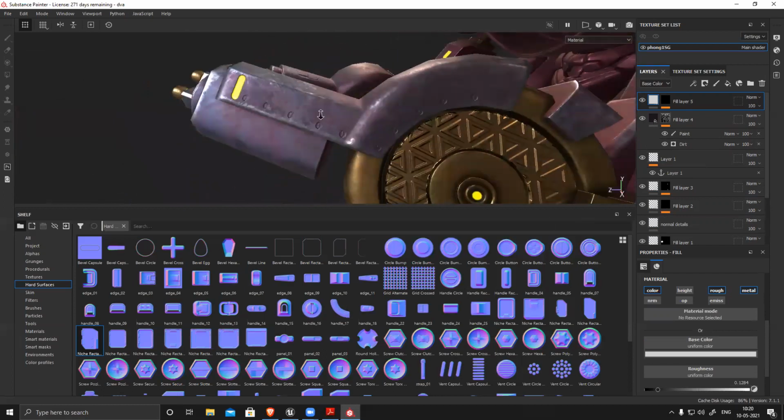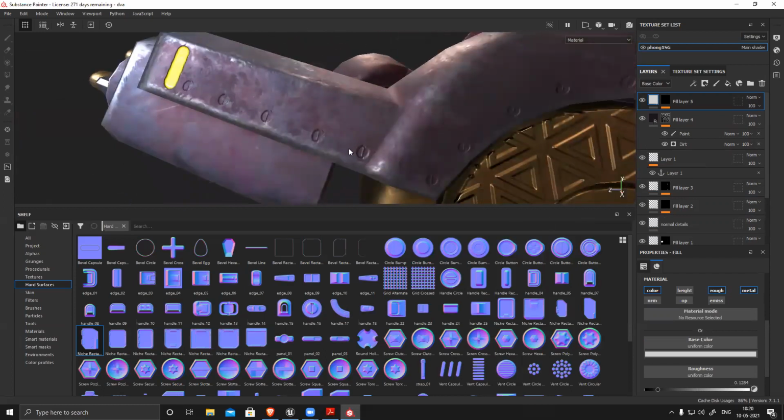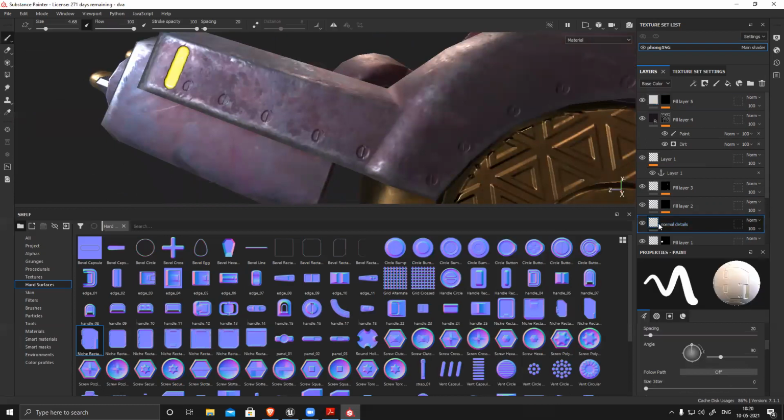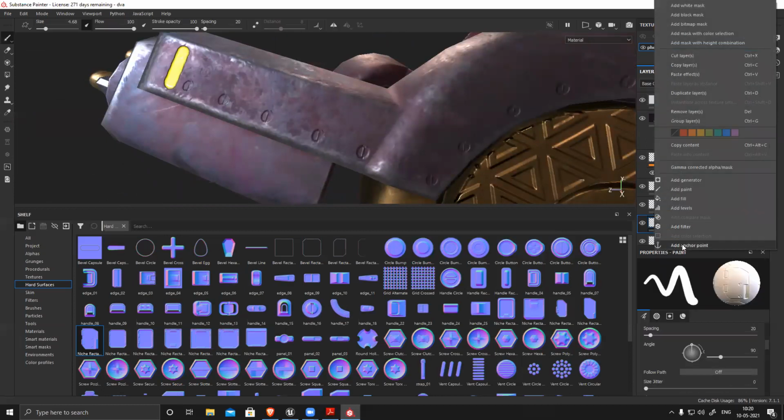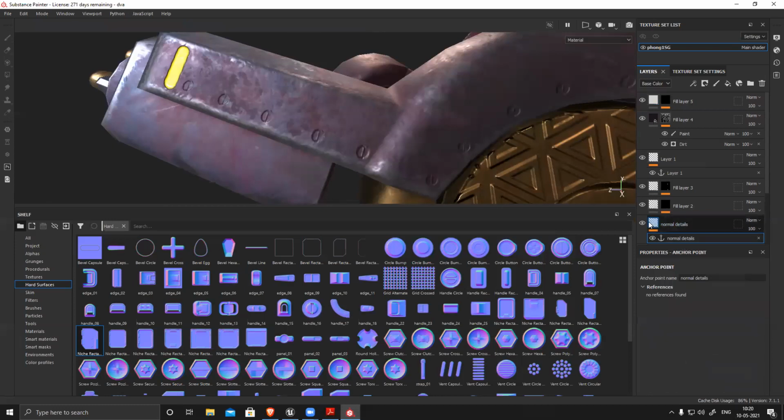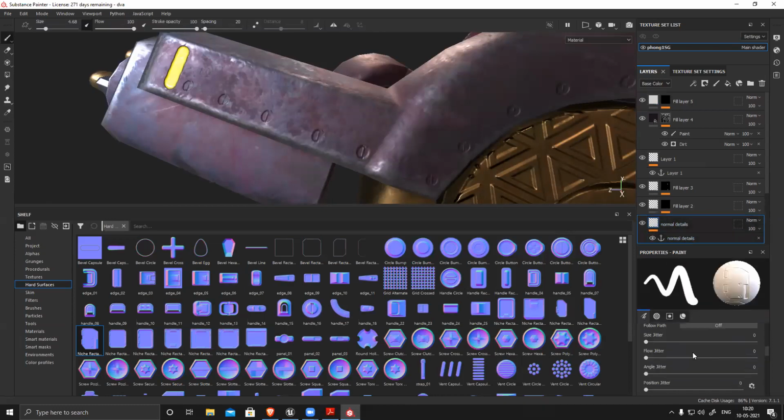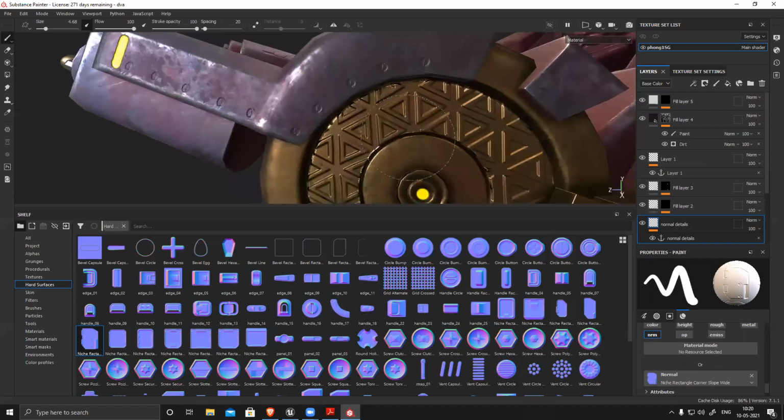Similarly, for this surface also I can create an anchor point. Let's see where it is. This one. So right click, add an anchor point. And for this, I believe I have used normal. We have seen how you create this.